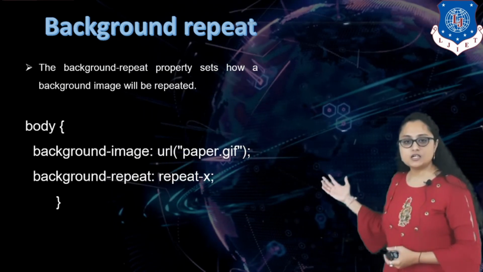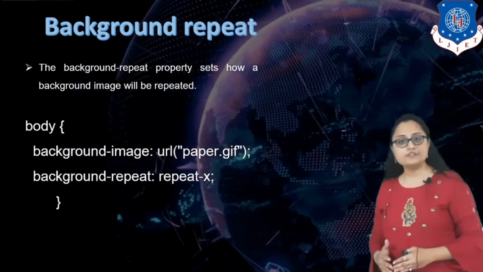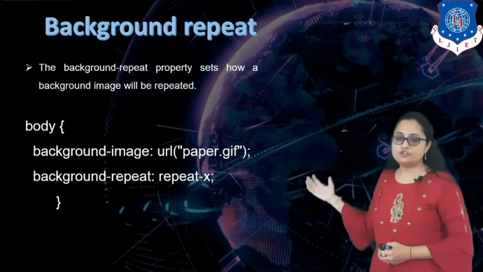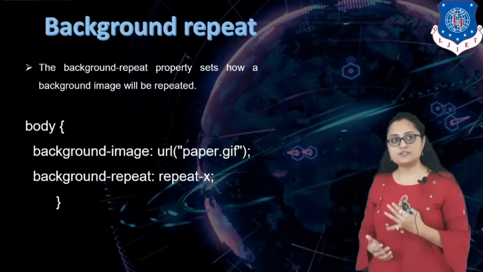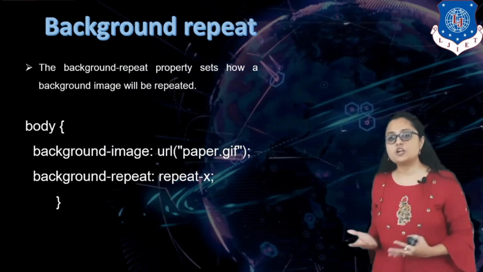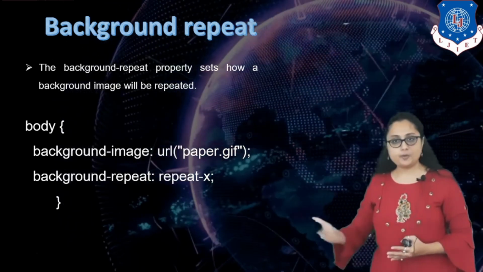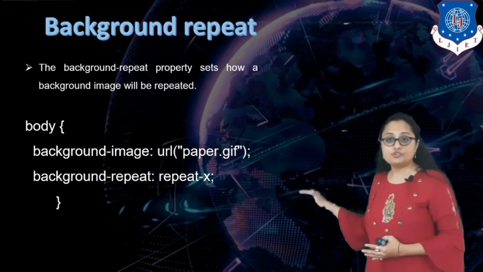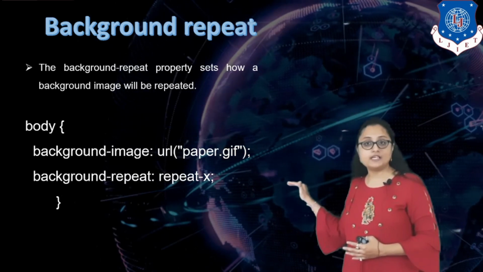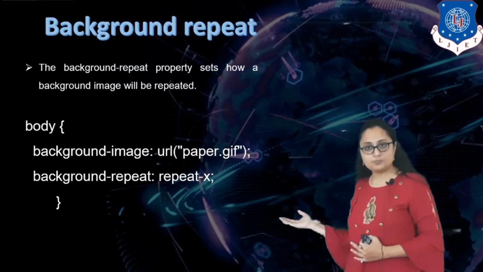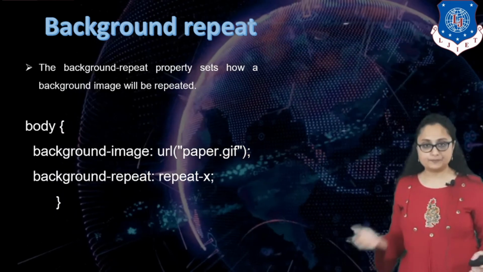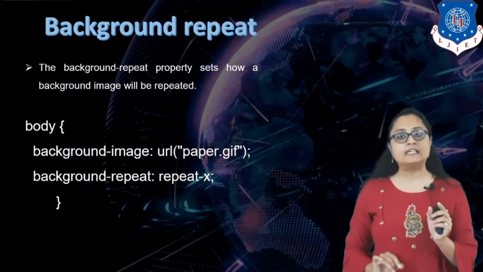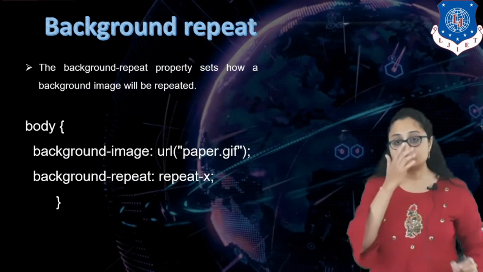So what is the first property which is mandatory for background repeat? Again, it is background hyphen image, right? So this is a mandatory property because you want to specify background repeat for what? Background repeat for image. All the properties that we are seeing are the supporting properties for background image. So if you don't write background image property, and if you write these supporting properties, they will be of no use, right? So here I have written background hyphen repeat, that is a property name.